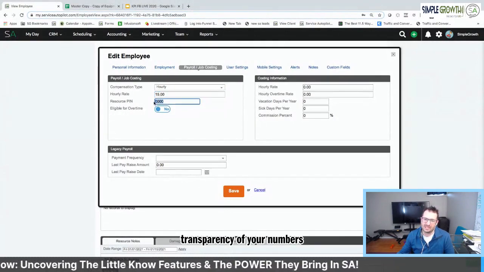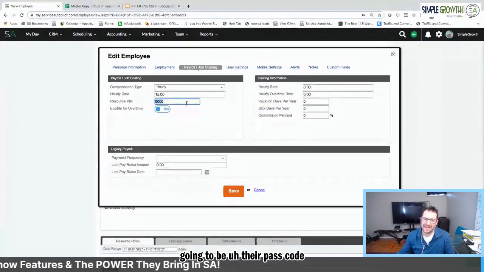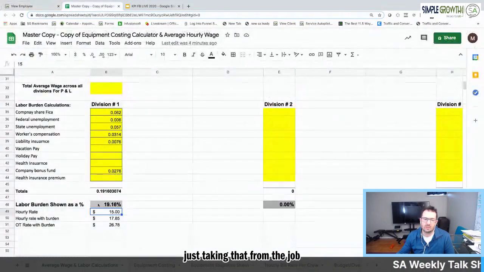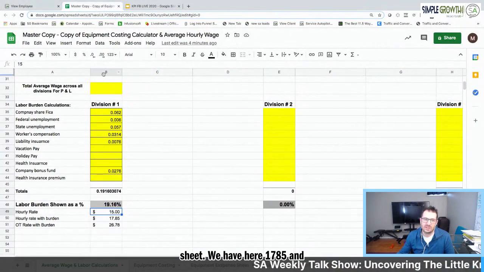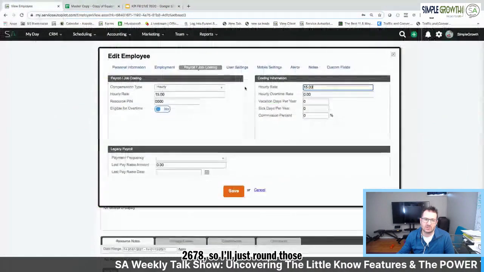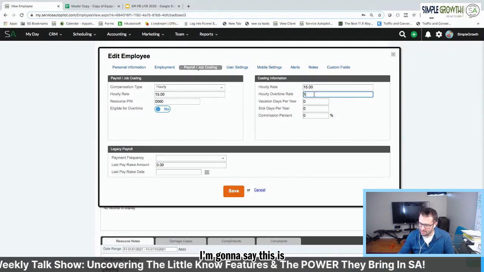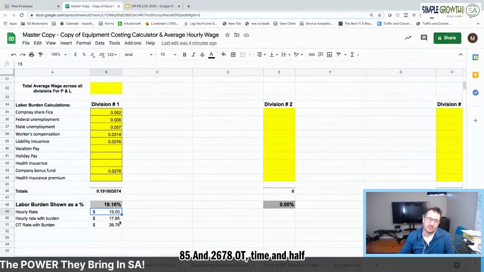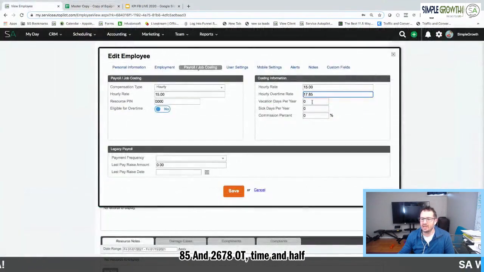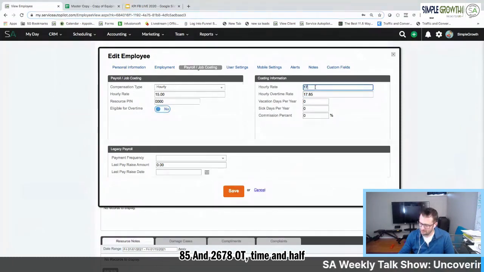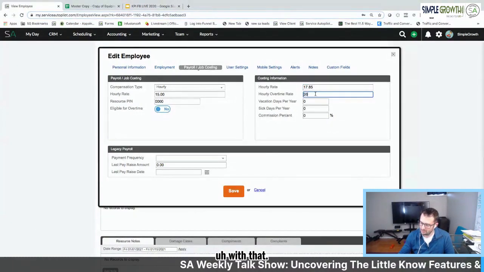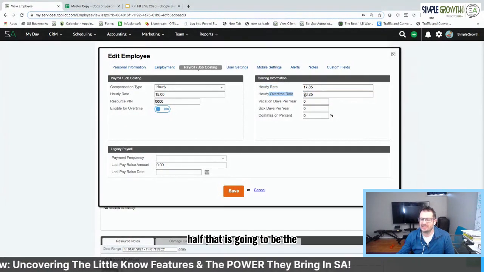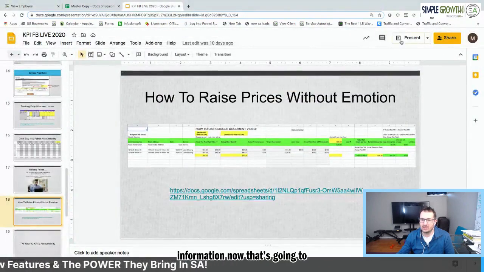Resource pin here is, if using SA for a wall clock, that is going to be their passcode to type in. So hourly rate, we're just taking that from the job costing overhead recovery sheet we have here, $17.85 and $26.78. So I'll just round those up just for this example, but I'm going to say this is $17.85 and $26.78. So that's OT time and a half with that. So we have our hourly rate with burden, hourly rate time and a half. That is going to be the information now that's going to come in right here